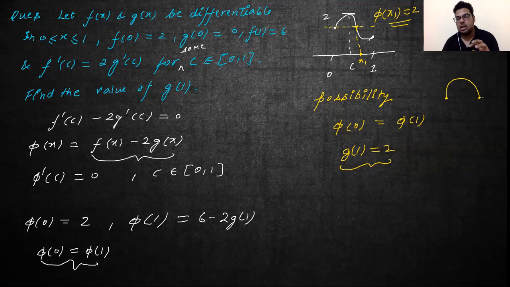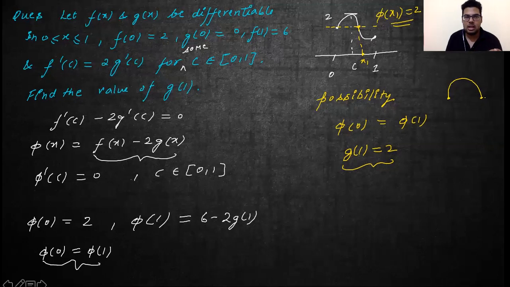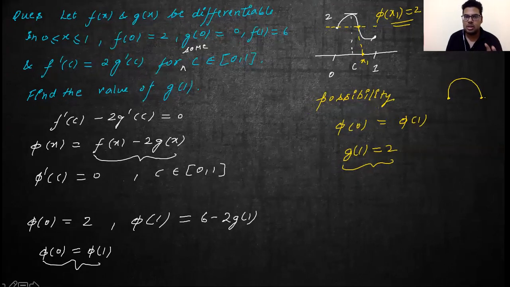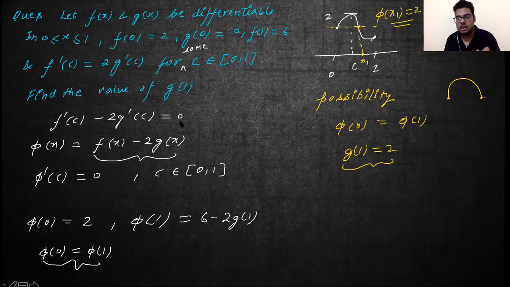Here, if you have g of 1 equals 2, the function, all the values are perfectly satisfied, right? This is one of the answers. There are other possibilities also where g of 1 can be anything else apart from 2, and still everything will fall in line, right? So I hope this is absolutely clear, that conceptually this is fine, because if the option is given, let us say one of the possible values of g of 1 is 2, right?